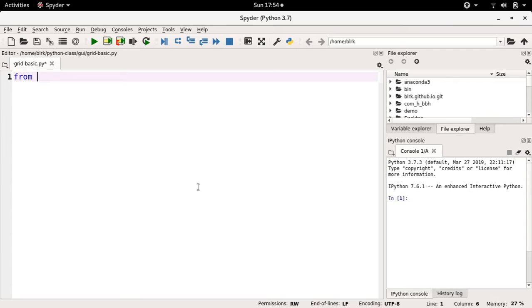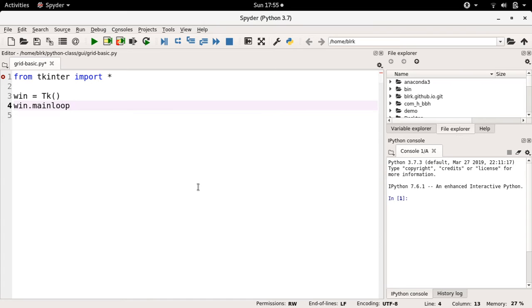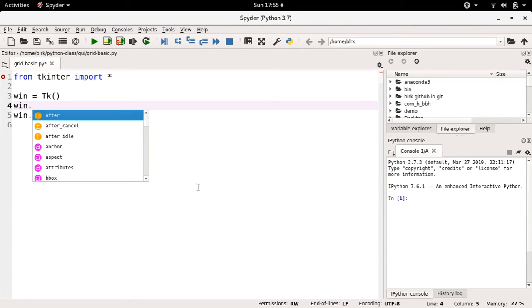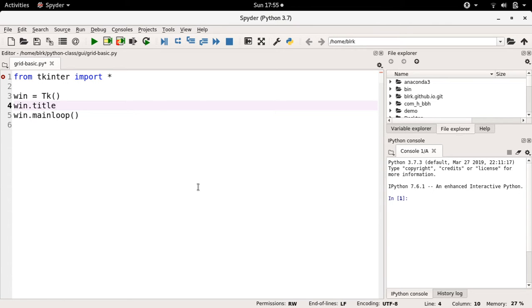First, create a basic window from tkinter. Import everything, then create a basic window using the Tk class, and win.mainloop() keeps my window running. Set a title, of what we can give, demo